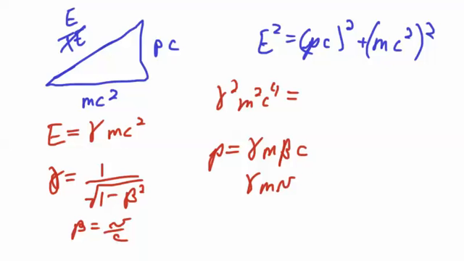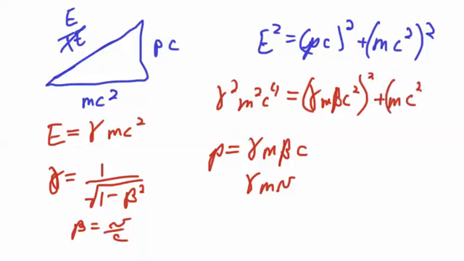It's basically the relativistic momentum, which is mass times velocity divided by the square root of 1 minus beta squared. But anyway, I'm just going to write that in here. Gamma m beta c squared, because it's the c down here times the c up here, so that's squared,